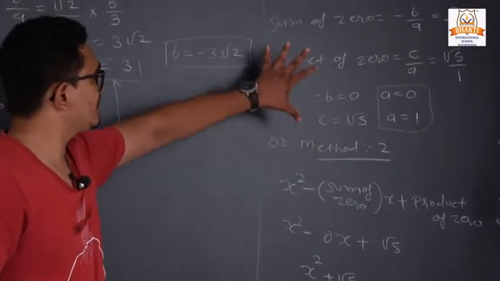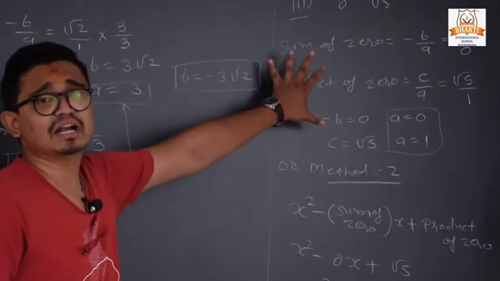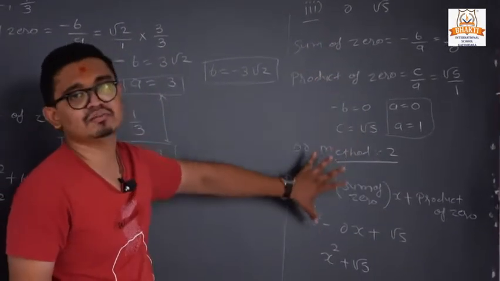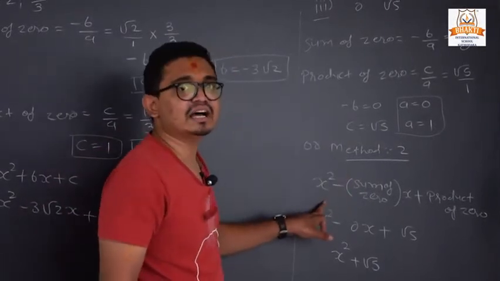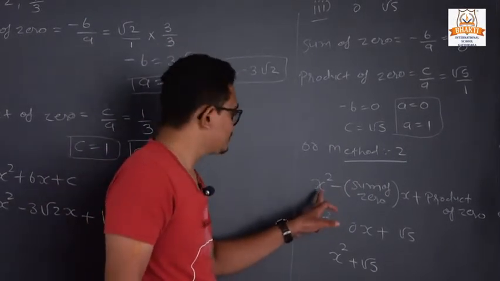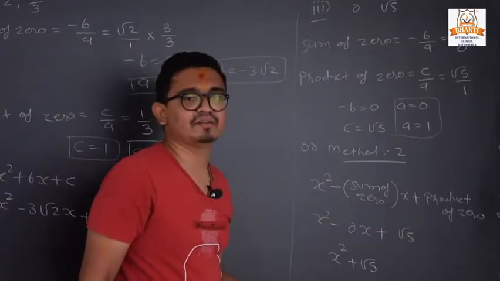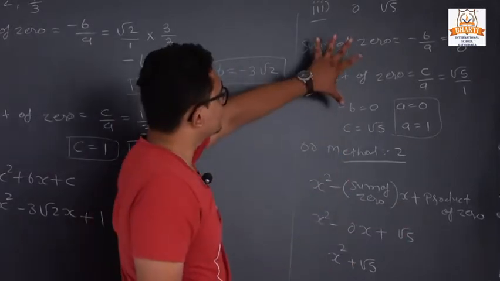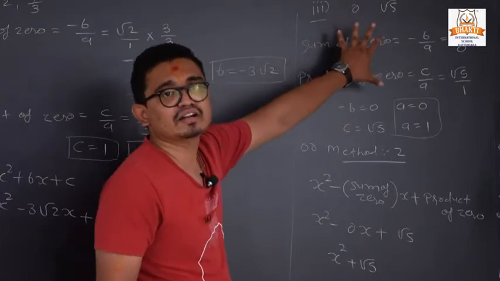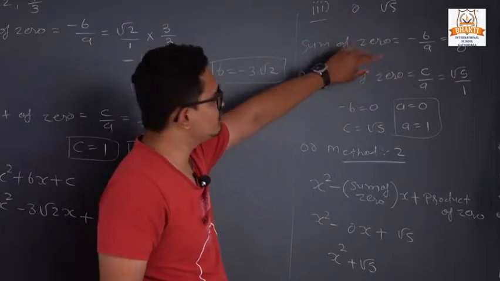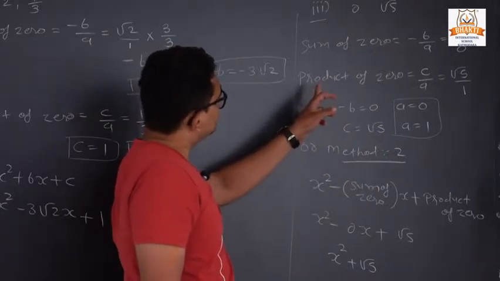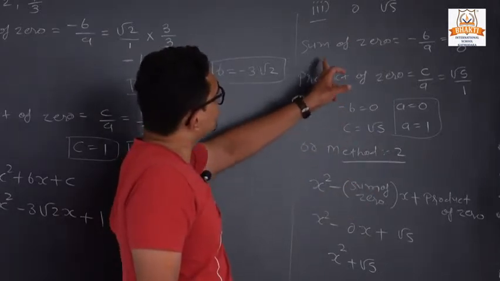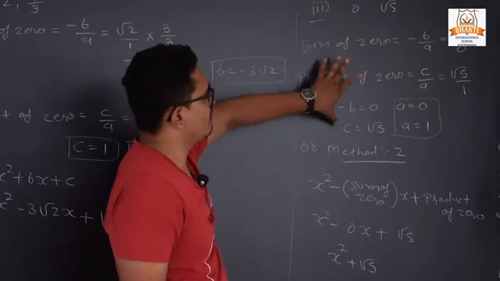So either you are using method 1 or 2, but in both situations the answer will remain the same. So it is easy. If they are asking a 1 mark question, we can directly put that formula. But if they are asking a 2-3 mark question, we can show our method number 1. Clear? In both situations the answer will remain the same. So you can try method number 1 for question number 3 at your home.